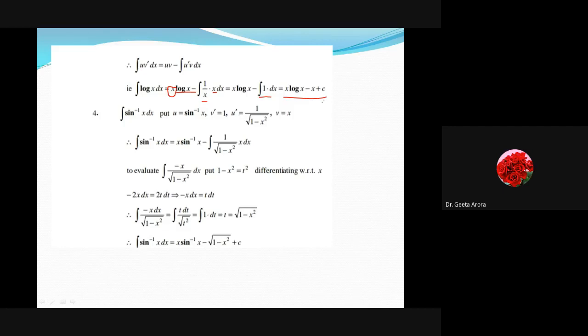Okay, so this is how we are finding the integrals of functions whose integrals are not known directly. So we have to use integration by substitution in one go. If the function is complicated, we can take its integration by parts, and sometimes, as we have seen for log x, it was a single function, but we have taken it as log x into 1 for the sake of simplicity, so that it can be written as a product. So one function has been taken as log x itself, and the second function we have taken as 1. Correct?